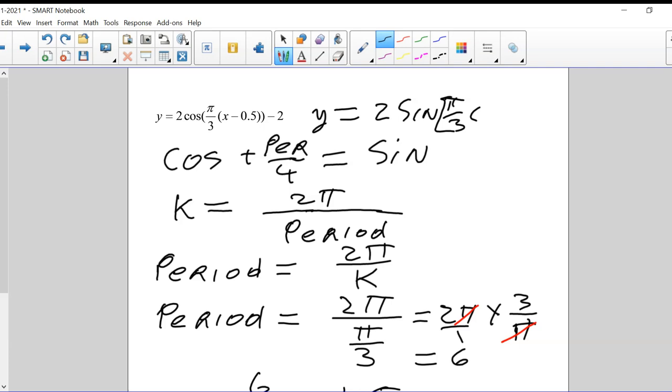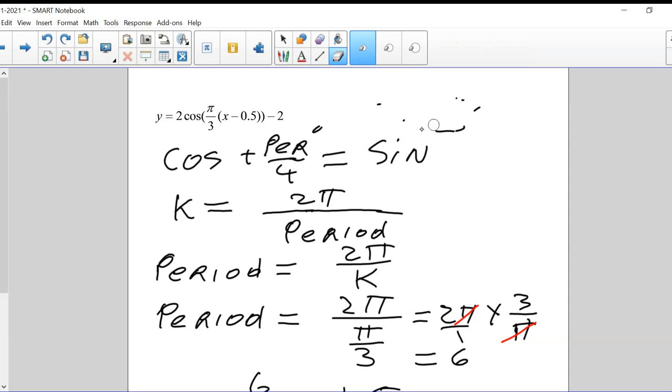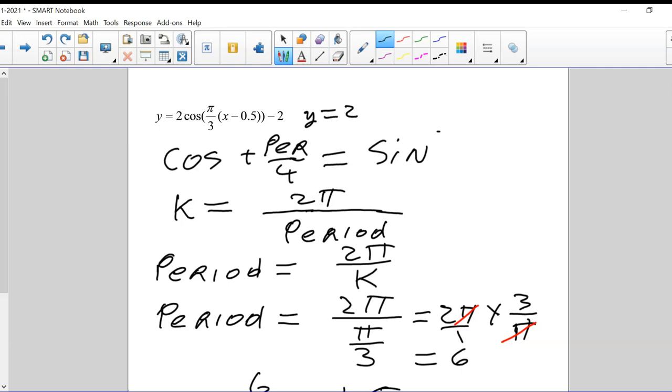X, oh geez, I don't know if I have enough room here. Let me make this smaller. One second. Let me do a better job of that. Okay, so y equals 2 sine pi over 3. That's not changing. But now I'm going to say x plus 1